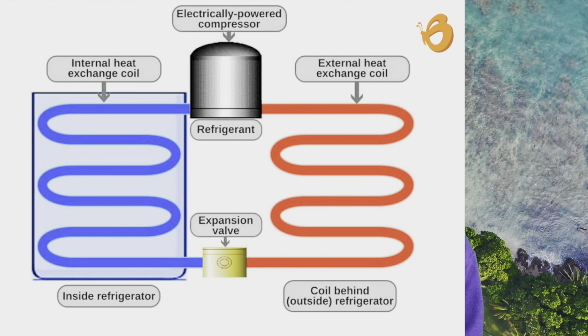Refrigerant is a substance such as freon that has a low boiling point and changes between liquid and gaseous states as it passes through cooling systems. As a liquid, refrigerant absorbs thermal energy from the cool air inside the refrigerator and changes to a gas. As a gas, it releases thermal energy to the warm air outside the refrigerator and changes back to a liquid.